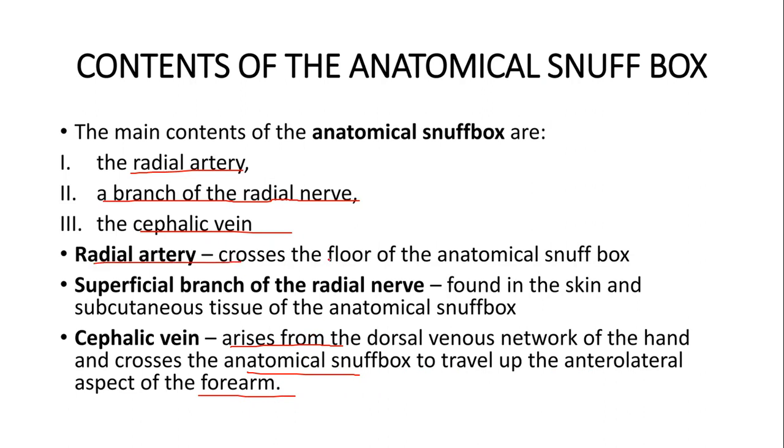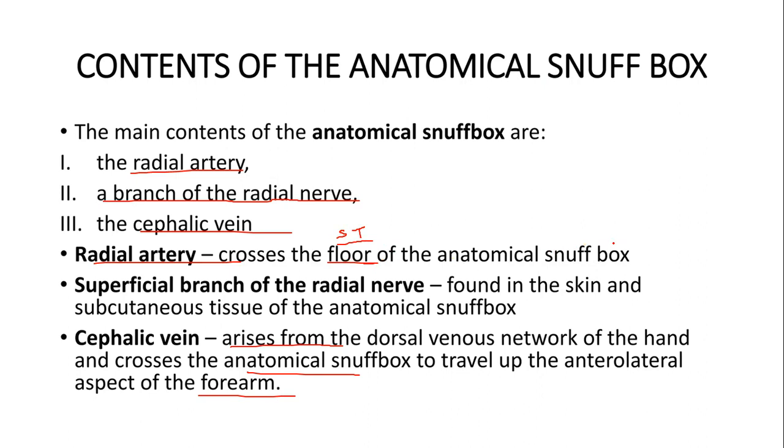Now the radial artery, as it crosses the floor, remember the floor is formed by the scaphoid bone and the trapezium. Scaphoid proximally, trapezium distally. Okay, so it crosses on top of these bones. Okay, then after crossing the floor, it will pass between the two heads of the first dorsal interosseous muscle, and after crossing those two heads of the first dorsal interosseous, it gives off the two branches, one